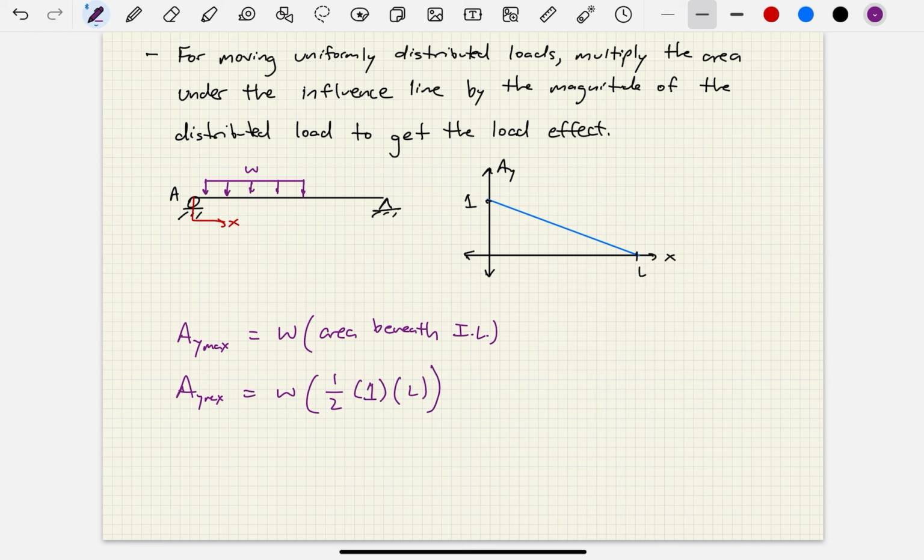Okay, and again, this is a simple illustration. Depending on your particular beam and the influence line shape and the effect, this could get a little bit more geometrically challenging, but this is the concept behind it, okay? So hopefully this background information was helpful to you. We're gonna have a couple of video examples illustrating these concepts, so be on the lookout for that,